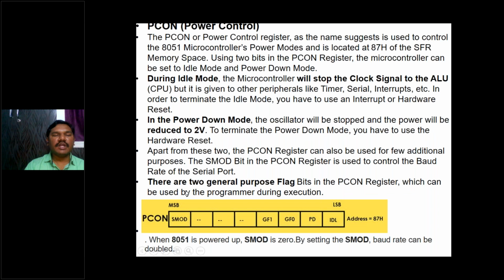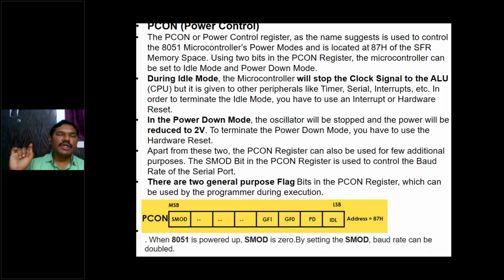Now PCON, which I was explaining in the last presentation also. PCON stands for power control, but how is PCON related to serial communication? The seventh bit is the SMOD bit. If SMOD is equal to 0, the data rate is the same. If SMOD is equal to 1, the data rate is doubled. Why? Because baud rate is equal to 2 power SMOD by 32 into 1 by 12 into oscillator frequency by (256 minus TH1).